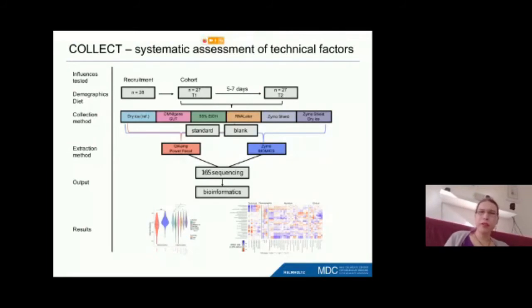So we wanted to compare different working pipelines in the lab for handling, in this case, stool samples for gut microbiome analysis, using existing methods, including the gold standard of keeping samples on dry ice and in -80, compared to techniques such as stabilizer solutions, as well as different extraction kits, to see will the potential influence of these confounding factors, these technical variability factors, be large enough that they will look like biological signals and therefore potentially cause